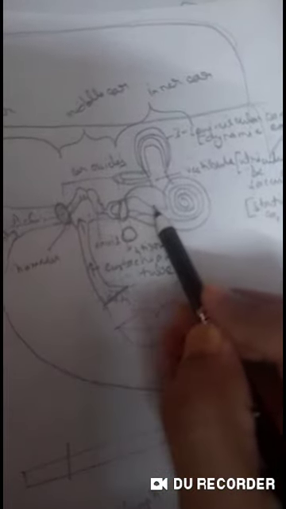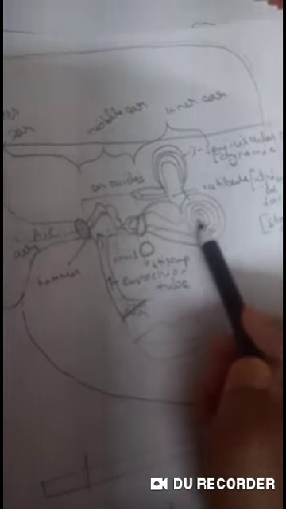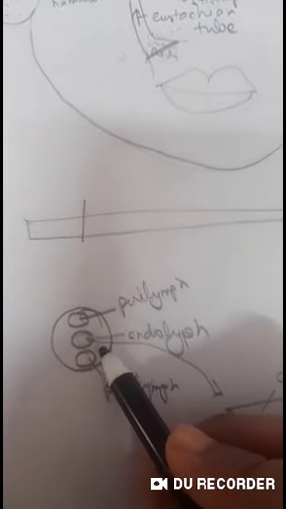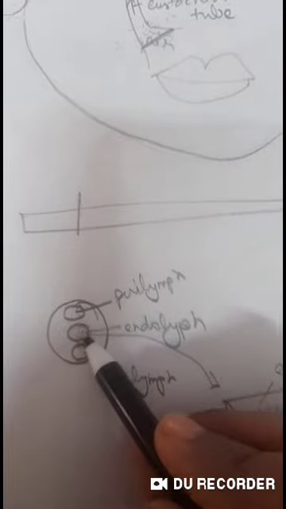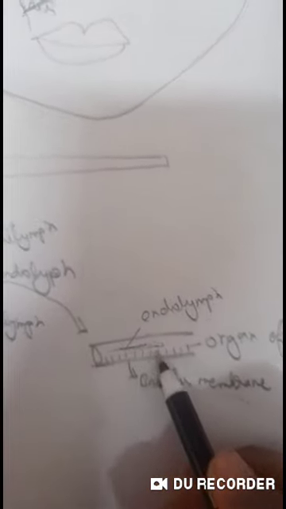As a result, the stirrup through the oval window also hits the cochlea. It is vibrating to and fro, so it hits the cochlea. As a result, the cochlea also moves. So when the cochlea moves, the median canal where there is endolymph, the liquid here is known as endolymph, also starts moving. As a result, the hair-like structure known as the organ of Corti also starts moving, and it creates a sensation of